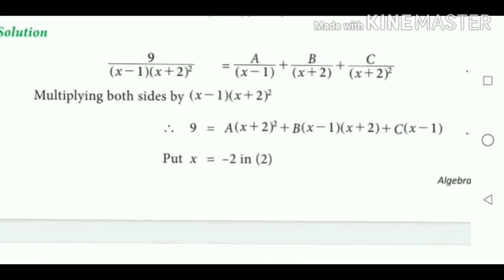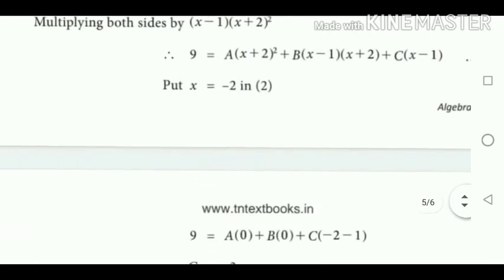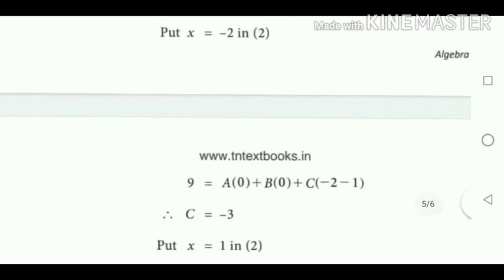Now the C term is (x plus 2). x plus 2 equal to 0 means x equal to minus 2. So put x value equal to minus 2 in equation 2. We are getting 9 equal to, that is A and B value becomes 0, 9 equal to C into (minus 2 minus 1). We are getting C equal to minus 3, because minus 3C equal to 9 means C